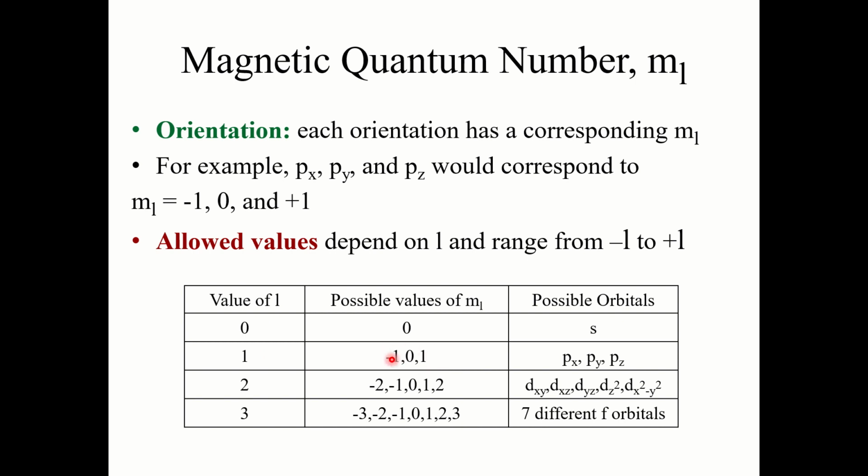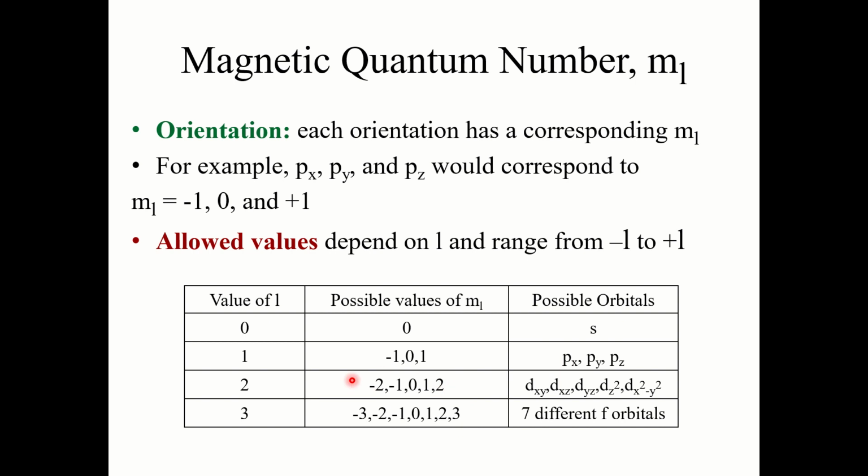So there are 3 possible m sub l values. Now l equals 1 corresponds to a p orbital. And remember that p orbitals were those dumbbell-shaped orbitals that have 3 different orientations in space. So 3 different orientations in space, 3 possible values that correspond to those orbitals, the px, the py, and the pz orbitals. When we get to l equals 2, we have 5 possible m sub l values, -2, -1, 0,